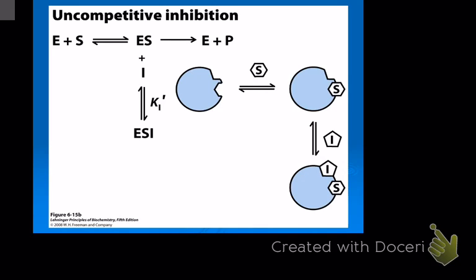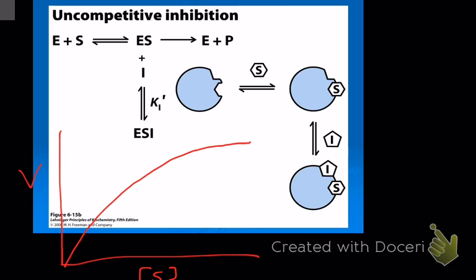But I'll try. So if we look at the Michaelis-Menten, oh, that's not the right color. Do a different color. We look at the Michaelis-Menten plot. Once again, it's V over S. That's supposed to be an S, but it got cut off. So there, this is without inhibitor. So we get our Vmax. With the inhibitor,